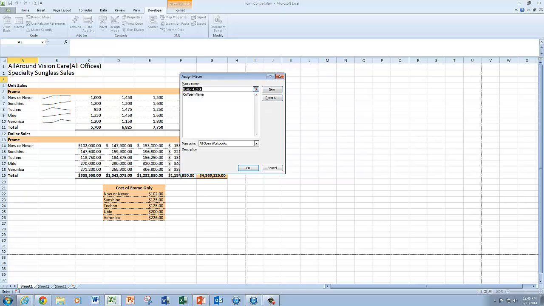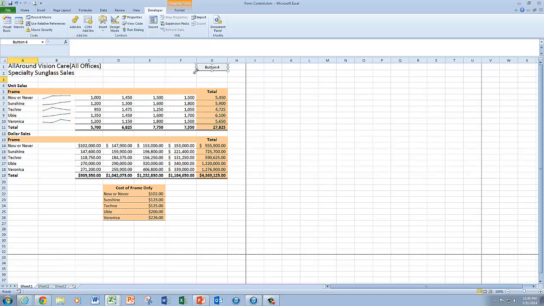The second step with this is to assign the macro to the button, so I'm going to click on the company name macro and then click OK. There's my button, but it just has the generic Button 1, 2, 3, 4, etc. name on it, so I need to put a more descriptive name on my button so a user that isn't familiar with the workbook knows what that button is for. So with the button selected, I'm just going to type Display Company Name,